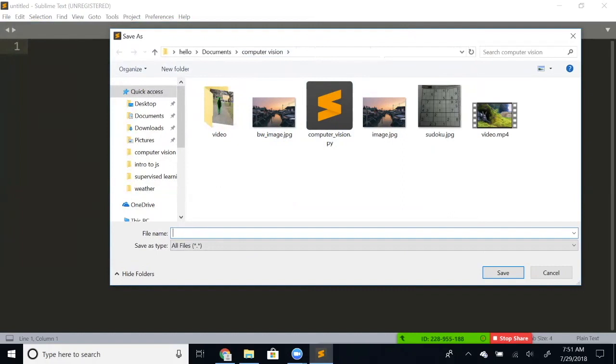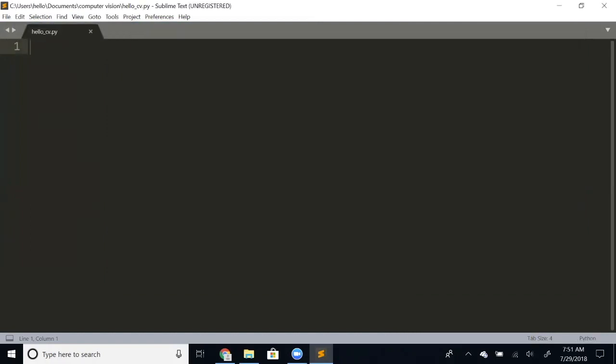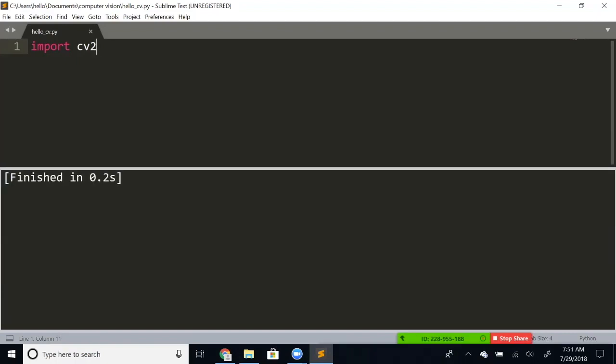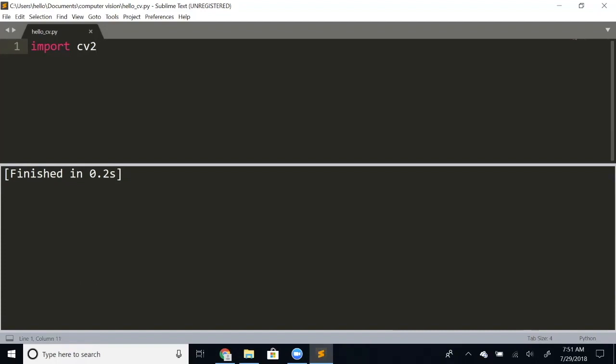Let's say I'm going to write a very basic program. So let's just say hello_cv.py. I created a simple file over here and I saved it, and I'm going to say import cv2, which is the first command that I had asked you to test out as well. If you have your OpenCV installed, I want you to import cv2 and try to run that. Save it and build it. As you see, my program executed and it ran without any errors. Build it using Control B.